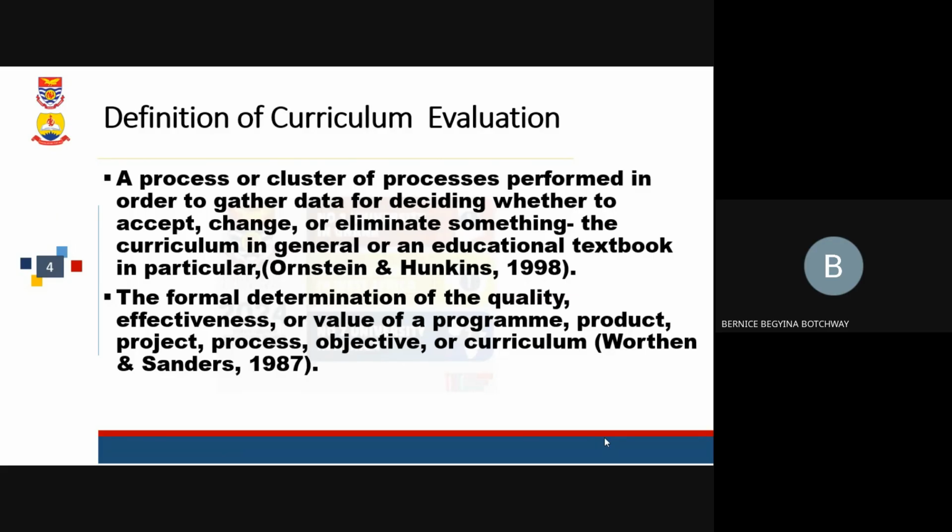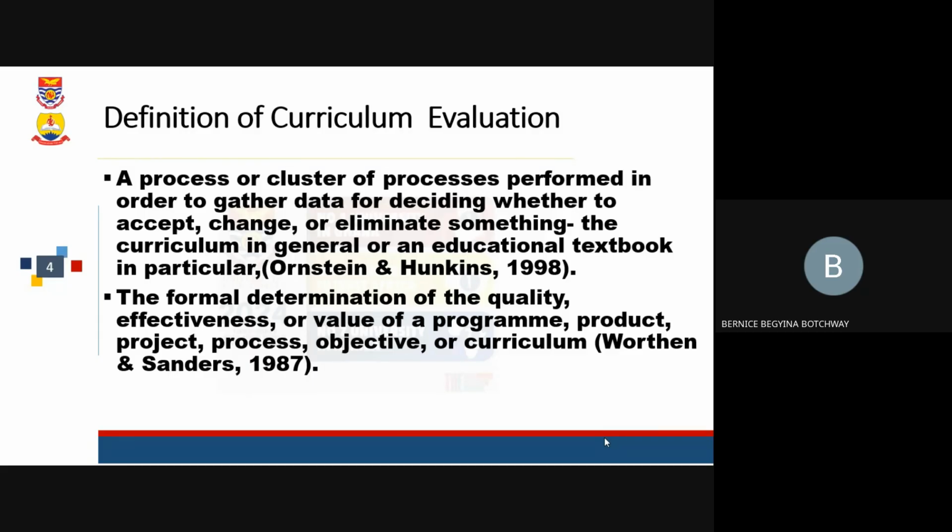Okay, so they're talking about the curriculum in general or an educational textbook in particular. So to them, when we are doing evaluation, it's not just a single activity. It involves a whole lot of processes. It involves some particular steps that we go through, that is used to gather helpful information,